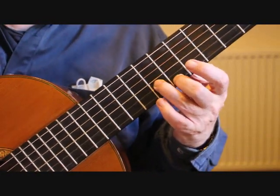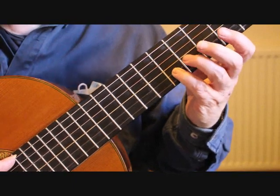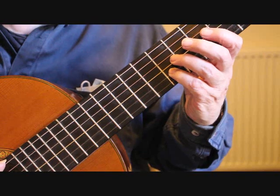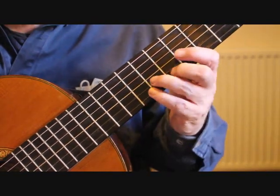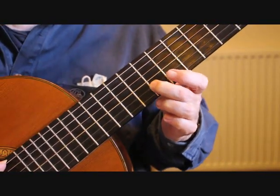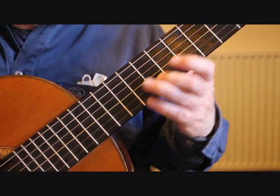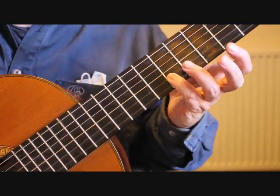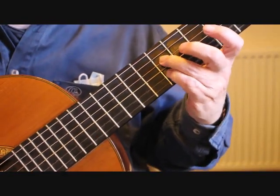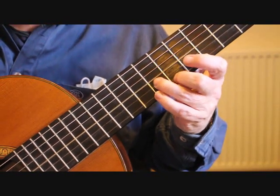Now after we've played the chord, I place the little finger on the 7th fret and do a slide from the 7th fret up to the 10th fret on the 2nd string. So it's, drop the 2nd finger onto the 8th fret 2nd string, which is G, and then we need to get the little finger on the 7th fret 2nd string and the 3rd finger on the 7th fret 4th string. This is how I finger it. So that's again giving us